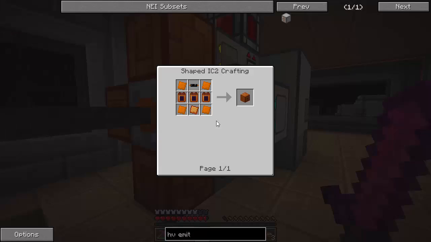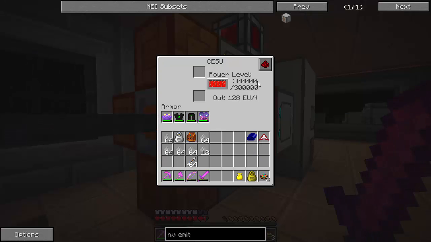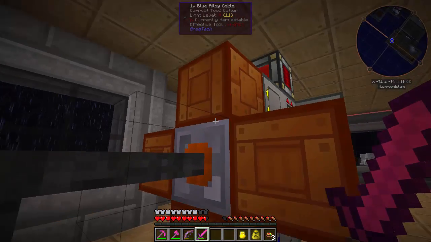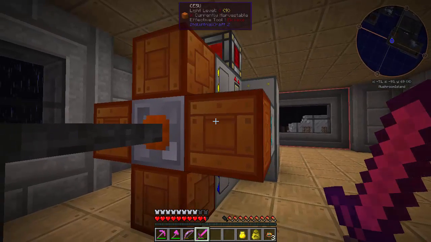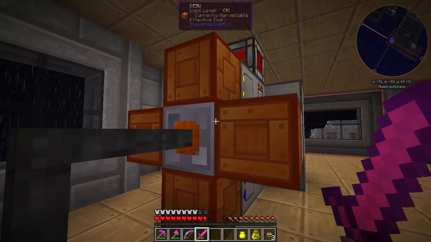It's got these 4 CESUs. These ones are just a ton of bronze. I went through like 2 stacks of bronze to make these 4. But they hold an additional 300,000 EU, so that's 1.2 million EU. So altogether we have like 3.5 million EU, maybe 4 million EU in reserve, just waiting. But this is an MV GregTech transformer, and it transforms the medium voltage coming out of a CESU to high voltage GregTech. And you can't just...